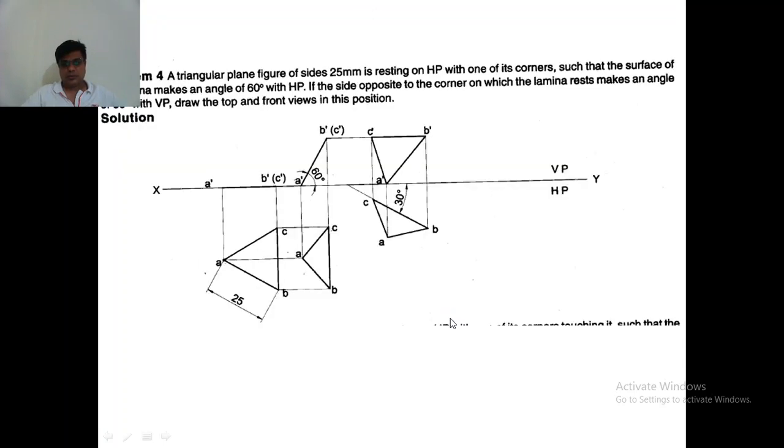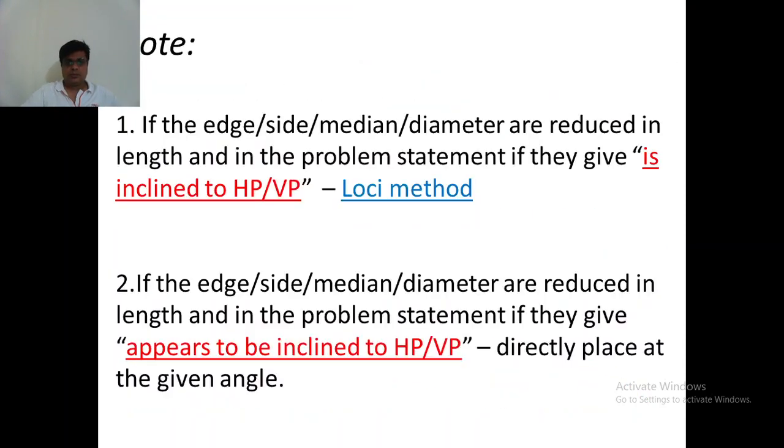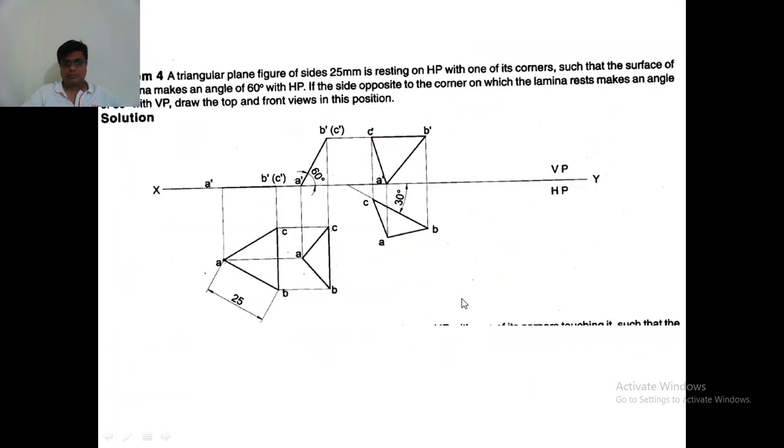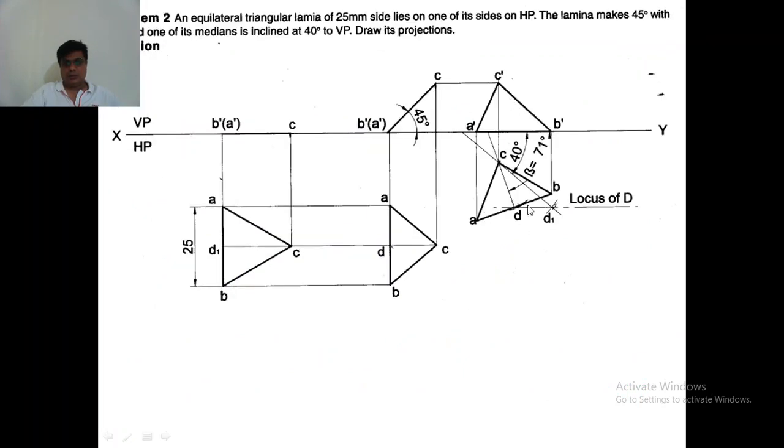That's what I was showing now. So since any one edge or side or median, or diameter in the case of a circle, if that length is reduced, and in the problem it is given that it is inclined to VP or HP, then you have to follow this locus method or loci method. So this loci method is applied to this problem, and we'll see how to draw this top view here